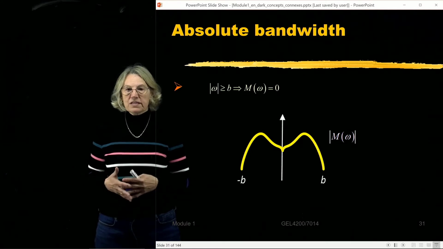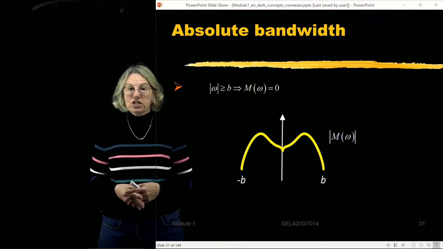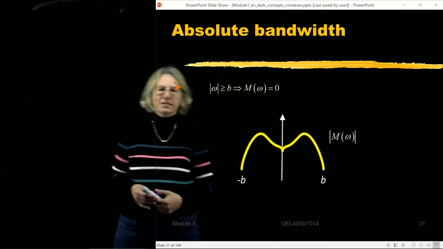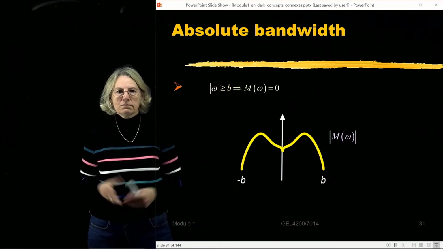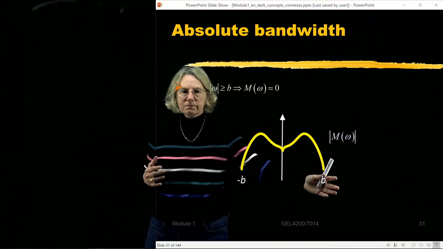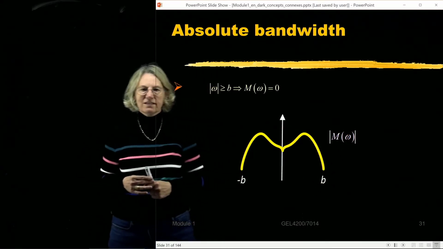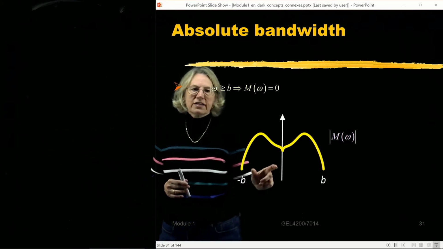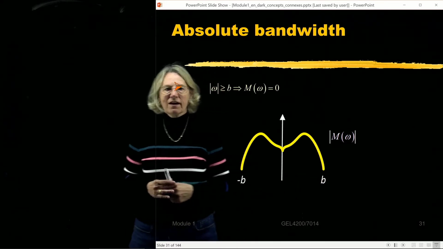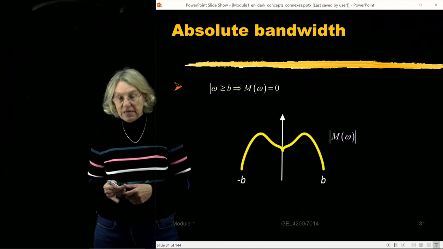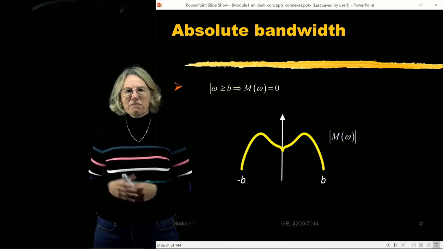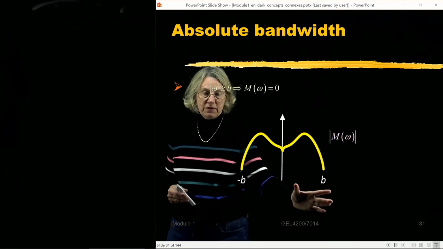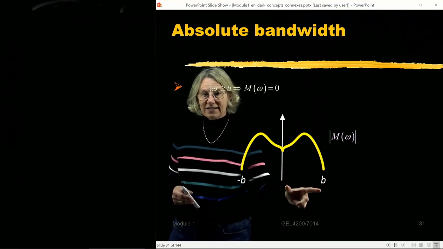So I say the absolute bandwidth is the easiest. Suppose I have a signal which is bandwidth limited, which means that this signal is 0 after a certain maximal frequency. So here is the M of omega, which in this case represents the frequency response of the signal or the system. And we can define the bandwidth as being B or 2B. I just mention this because sometimes we have the two-sided bandwidth, which would be 2 times B, and sometimes they'll talk about the one-sided bandwidth.